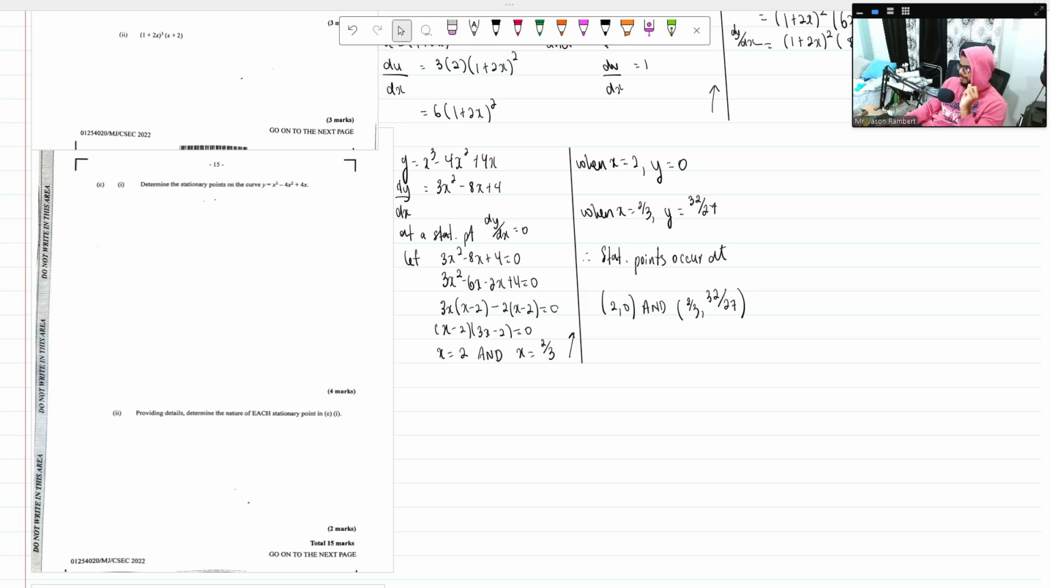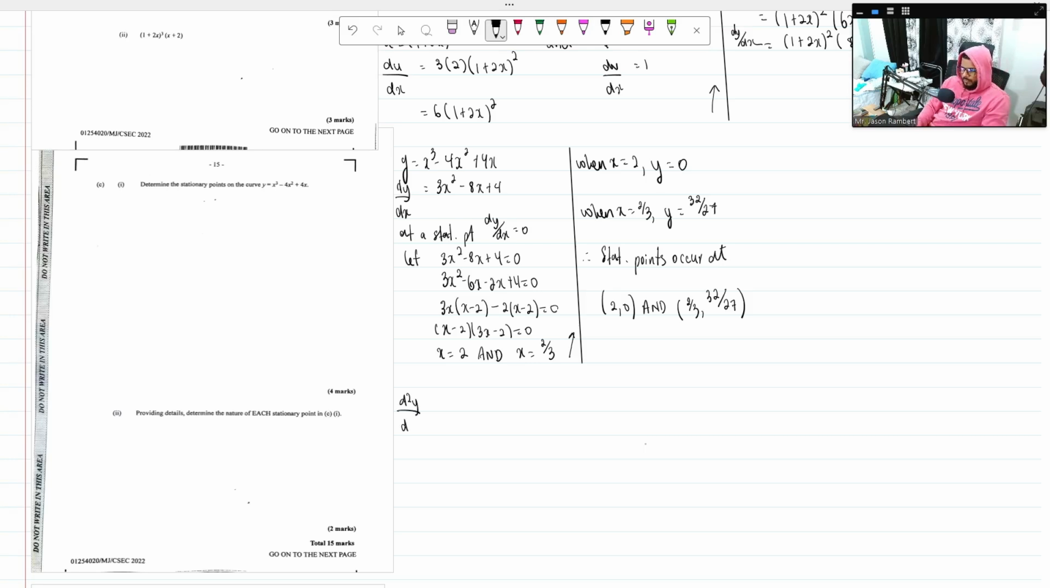All right. Providing details, determine the nature of the stationary points in part C. All right, so we have a number of ways we can do this. When I have a positive x cubed, that curve looks like this. Negative x cubed looks like this. You could say that, or we can just dive into the second derivative. Granted that there's just 2 marks, I like to show calculations, so I will go and use the second derivative, right? I'll go and say that